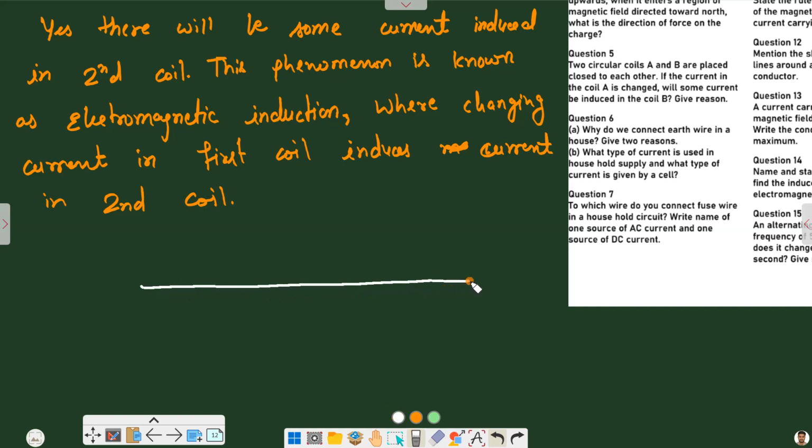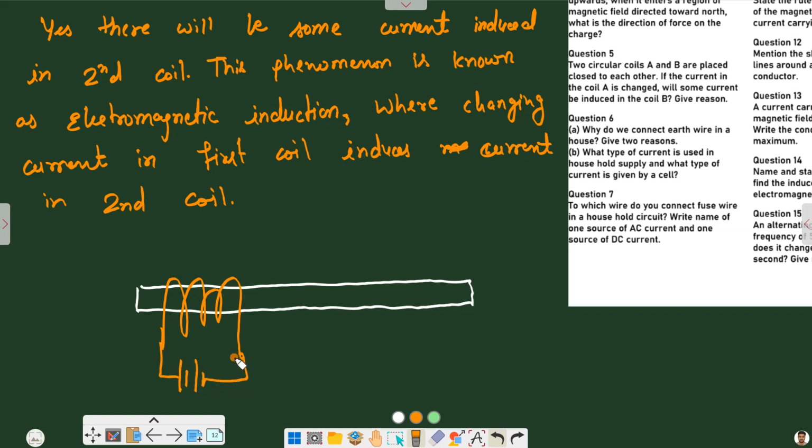It is necessary for doing this. Now have a first coil here. This is our first coil. We have connected it to battery so that a current can flow in it, and then have a second coil. This is our second coil, and here we attach a galvanometer with this. And what happens in this process, I have already explained in detail in our previous question series videos. So you can find out that whatever happens,